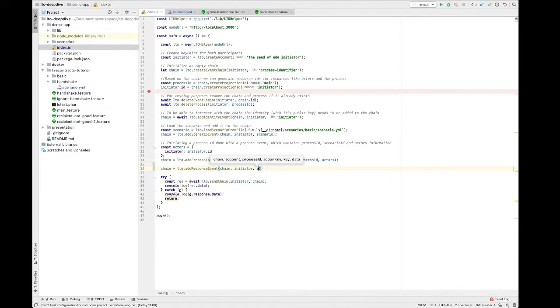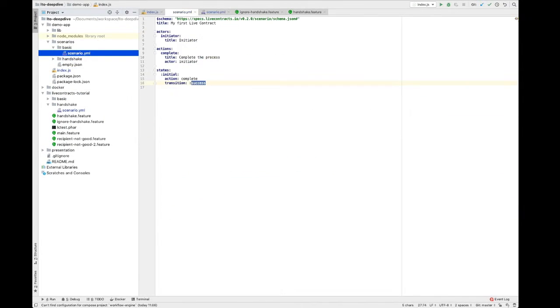We need to add the process ID so that the event is sent to the right process, and we're going to add the greet action and the response key. The response key is always okay if nothing is defined. As you can see, it's loading the basic scenario, and the basic scenario is the one that we started off